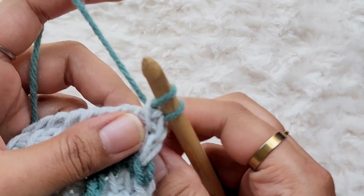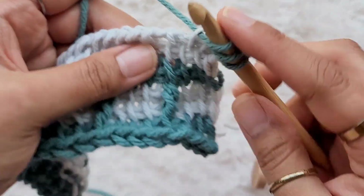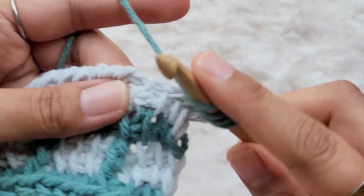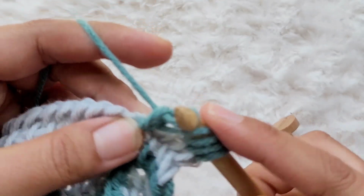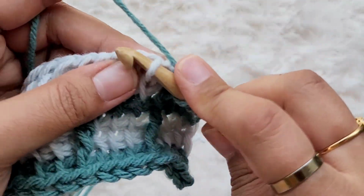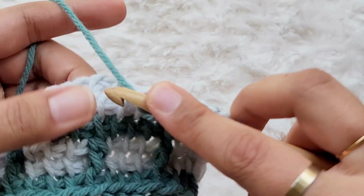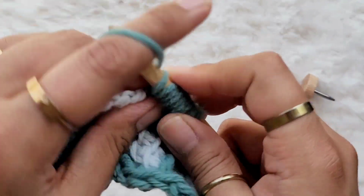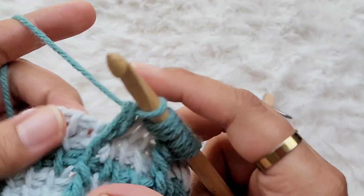Tunisian simple stitch into the next 2 stitches, and then remember you're gonna go down to the 3rd row, find the front and back loop of the stitch, yarn over, work under both, yarn over, chain 1, yarn over, pull through 2 stitches. Alright, and then we're just going to continue that pattern. So 1, 2, 3 simple stitches, go to the 3rd row, yarn over, work under both loops, yarn over, pull up a loop, chain 1, and pull through 2 here, and then